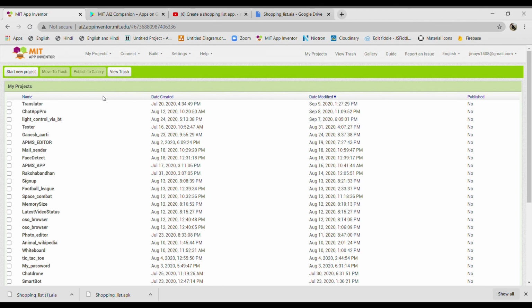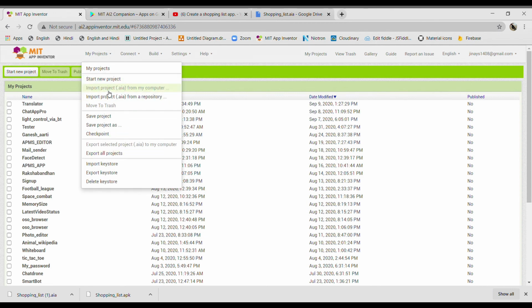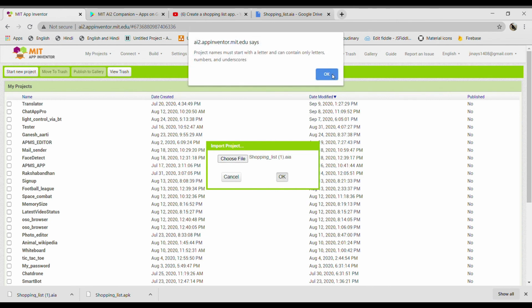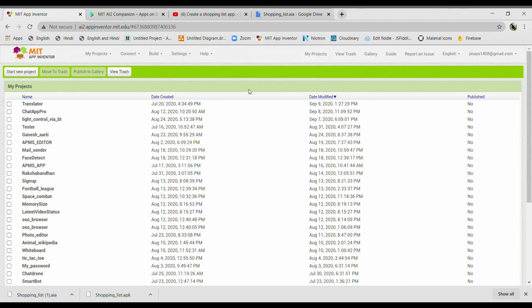Now I will go to My Projects, and now I have this AIA file, and I want to make further changes to this. So how can I do this? I will just click on My Projects, Import project (.aia) from my computer, and I will just drag this and OK. So in this way you can import. But since you can see there is a number here, it will not accept any number.